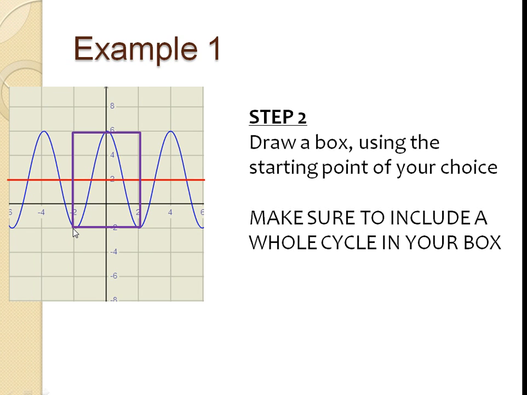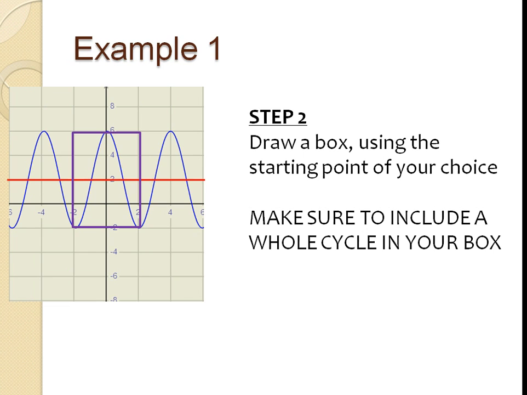But where is your h and k? Well, from the previous video, we always said, and I stress this very importantly, your h and k is always going to be on that halfway line. So h and k would be at negative 2 and 2. But where's your starting point? Negative 2, negative 2. Alright, so make sure that you have your whole cycle in your box,